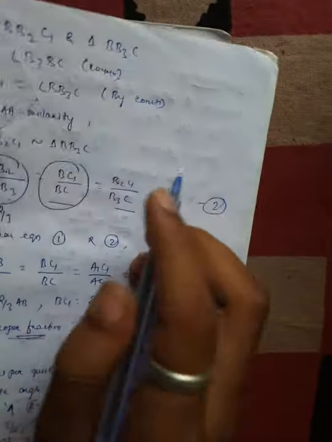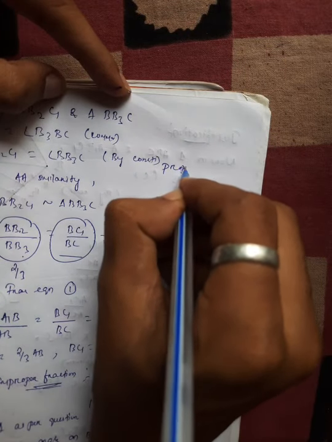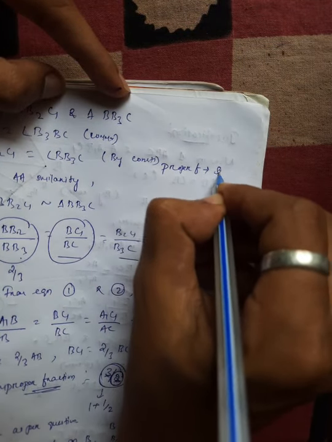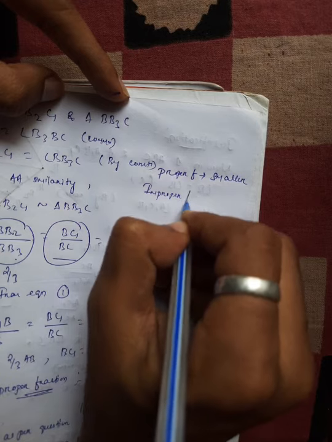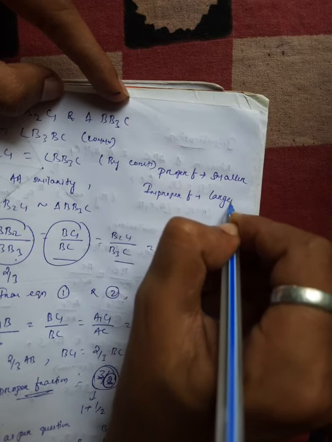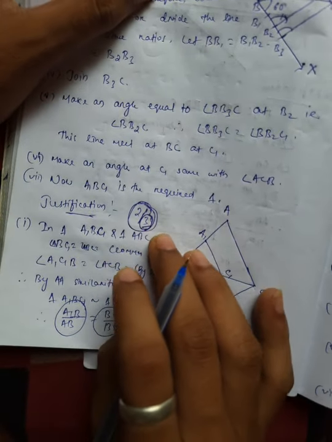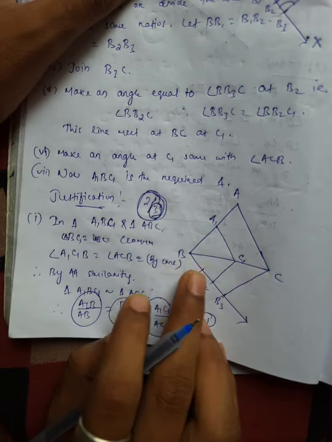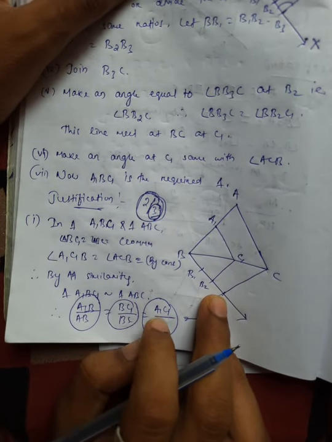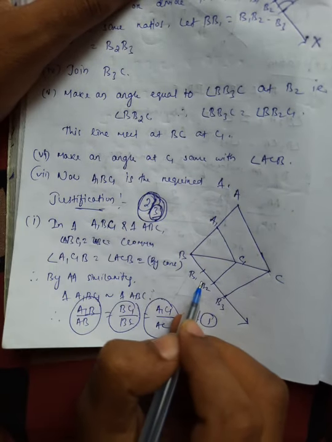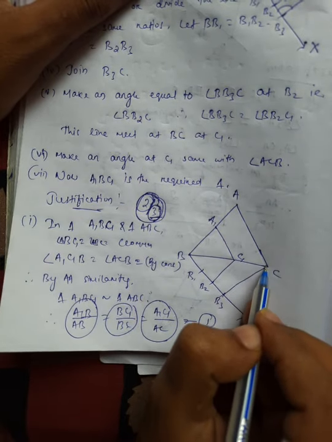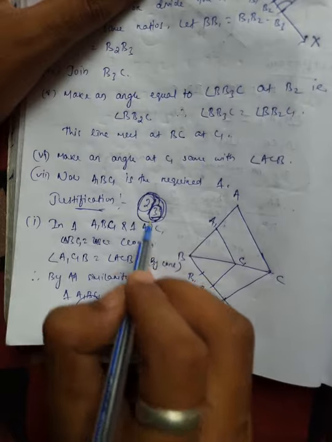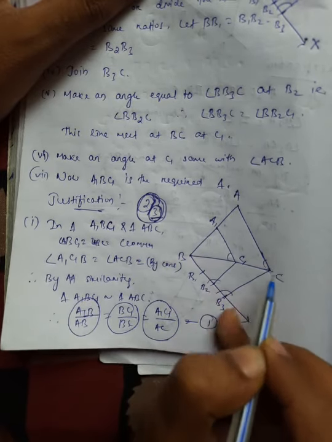So in case of a proper fraction the triangle is smaller than the given triangle, and in case of an improper fraction the triangle is larger than the given triangle. So again the concept is, we have to take the larger ratio, that is 3, we have divided it into 3, then the other one is 2, so we have to join the denominator to the end point, denominator 3, so 3 to the end point, and make an angle with the other, just like this.